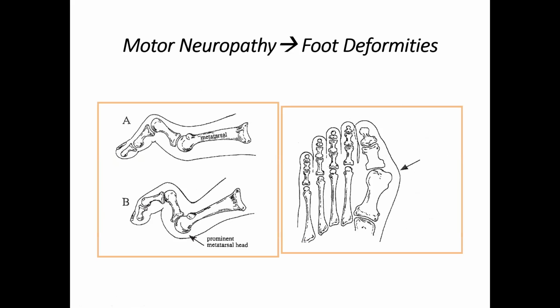So this is a mechanism where you can see that when there is a hallux valgus formation, then how this leads to prominent metatarsal head here in part A of the figure. And this prominent metatarsal head can be the source of continuous pressure and ulcer formation. Similarly, over here, you can see the deformity in part B. Okay, so these are the various foot deformities. When you go into the depth of how diabetic foot really happens, then these factors have to be taken into account.